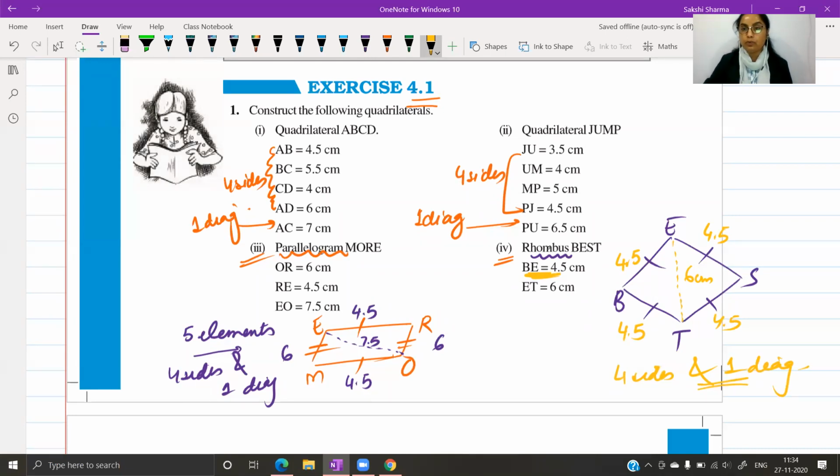Initially, if you look at the question, you won't be able to know which type it is. Draw your rough sketch, use the properties. If your quadrilateral is something special here, like a parallelogram or a rhombus or a square, see what you can mark in the figure, and then which type it is. You will proceed accordingly. I think you will be able to do all the questions now. Still, if you have any doubt anywhere, let me know. But do practice the question which I told you today, the one based on rhombus, the last one.